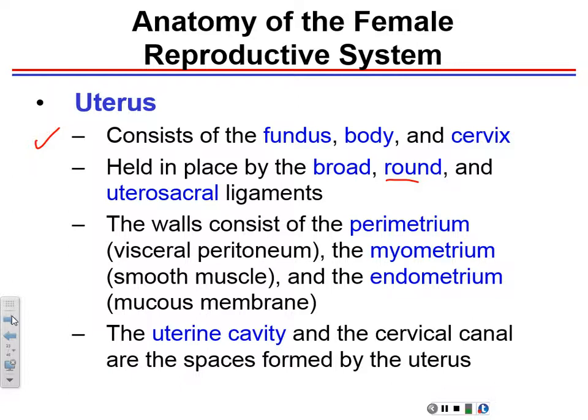uterosacral ligament. Remember last time when I drew the uterus, I said this is the uterus, cervix over here, this is the vertebral column, and this is the sacrum. The uterus is also held by a ligament that attaches to the sacrum towards the back. So it's anchored right in the middle of the abdominopelvic cavity by all these ligaments back and forth. That's the other one that we didn't see last time, and it only attaches the uterus to the sacrum,